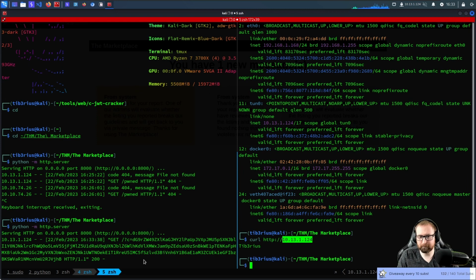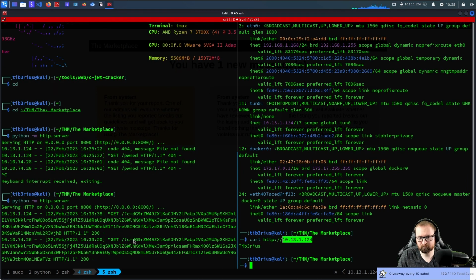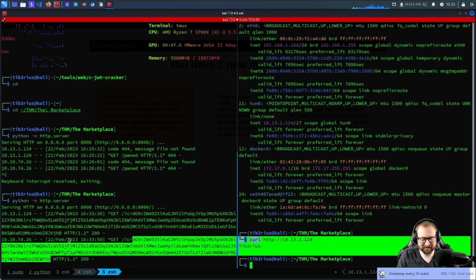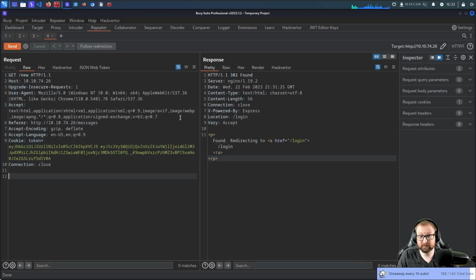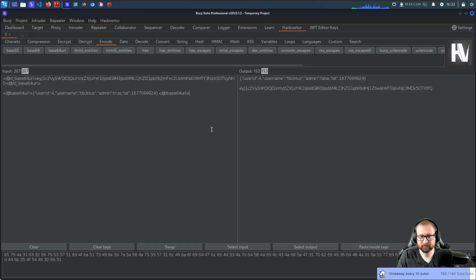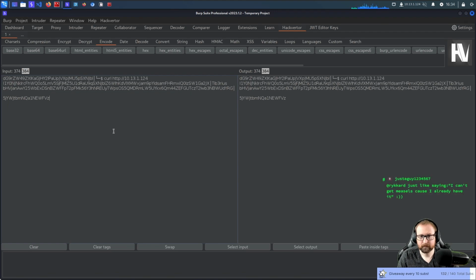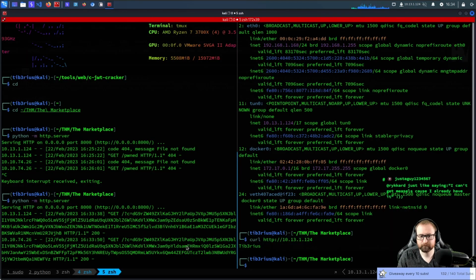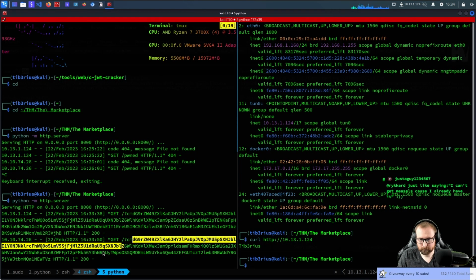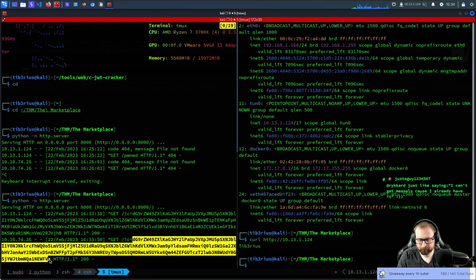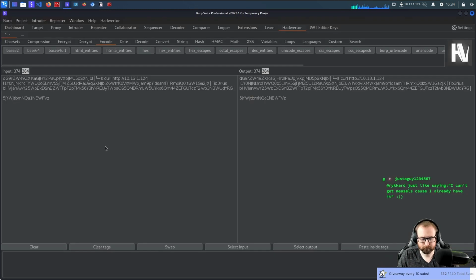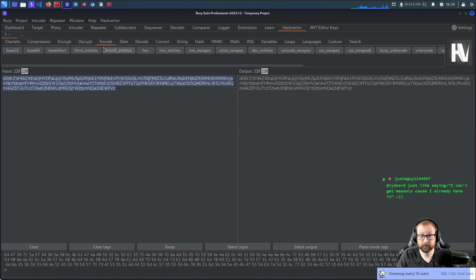we should now, at some point... There we go. Oh, that's much better. So this, remember, is base64 encoded. There we go.